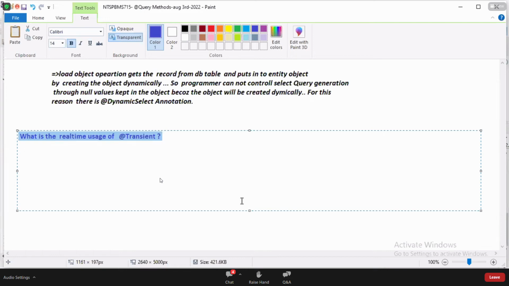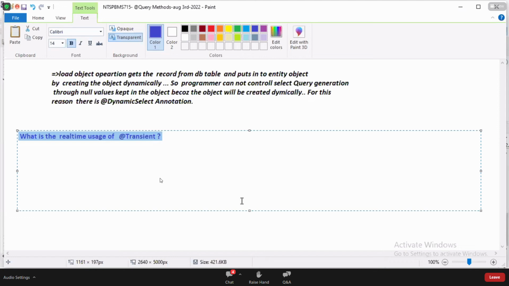But they are not mapped with a database table column. There are no columns called gross salary or net salary in the database table. But I want to take gross salary and net salary properties in the model class. That time, it is better to make those additional properties that are not mapped with the DB table transient or not? Come on, guys.